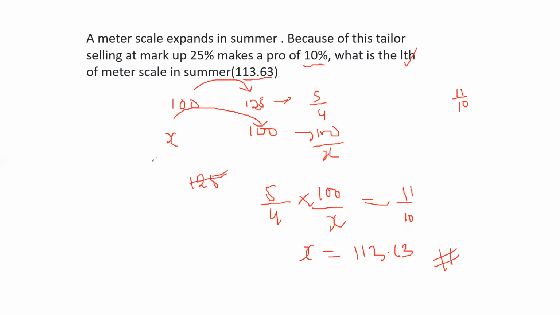So it actually is 113.63, but it is showing it to be 100. You could have easily guessed this because he has already marked up by 25%, but instead he's making a profit of 10 only. So instead of 25, he is making less than that. So ultimately, there is a flaw in the scale, and it is showing less than actually it is. So it is a loss for the shopkeeper, but overall he makes 10% only. So this has come out to be 113.63. Done. This question done. Now coming to the next question.